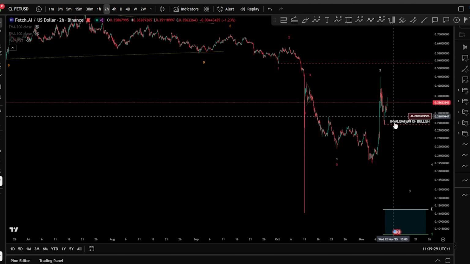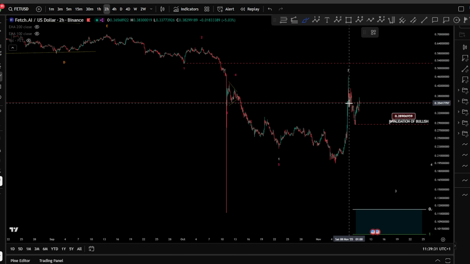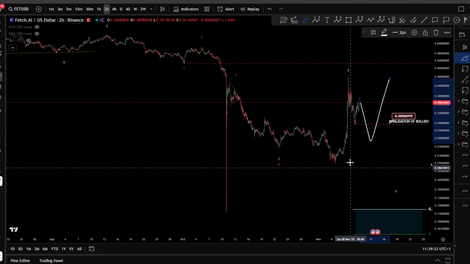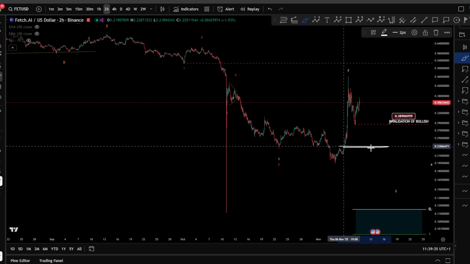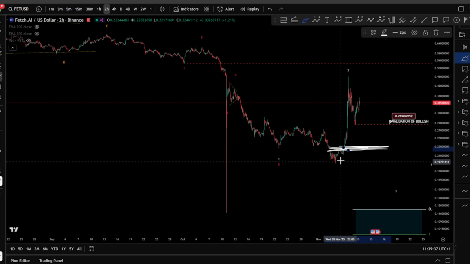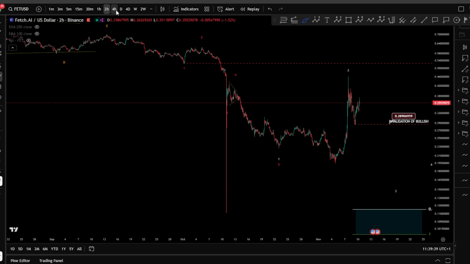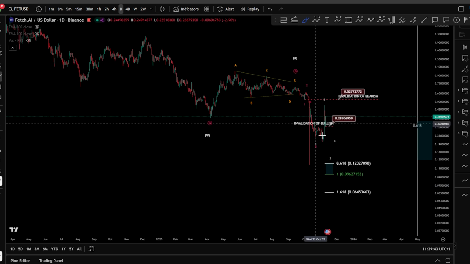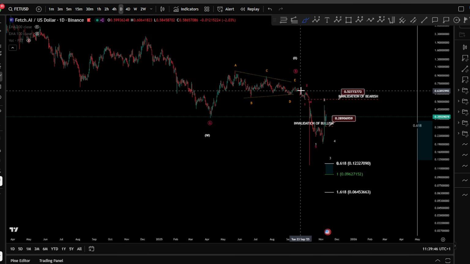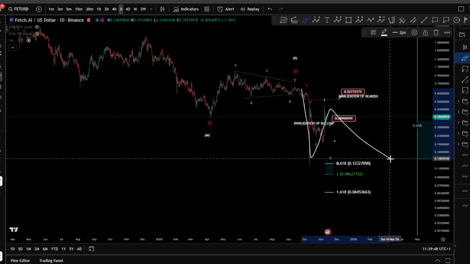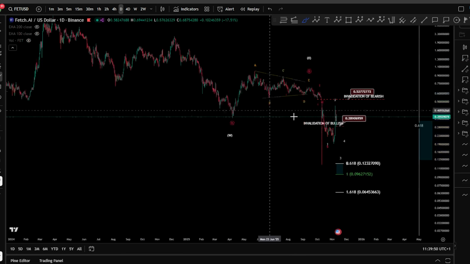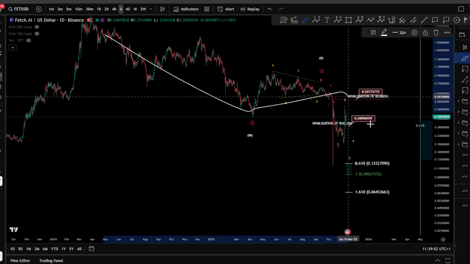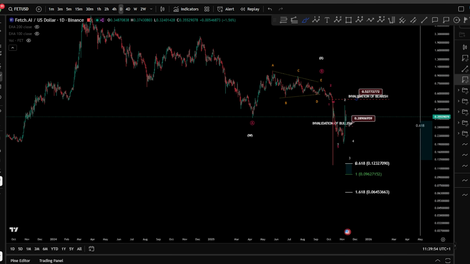Okay, because once you dive deeper again, it is not really possible to move for higher again, despite that you don't take the invalidation there. This is very far anyway. So the thing is that we gotta be careful. It can be a very fast wave B here, where you have an A, B and a C, of course, to unfold something for lower, to finish this W, X, and a Y, right? So yeah, these are the possibilities right now for FET.